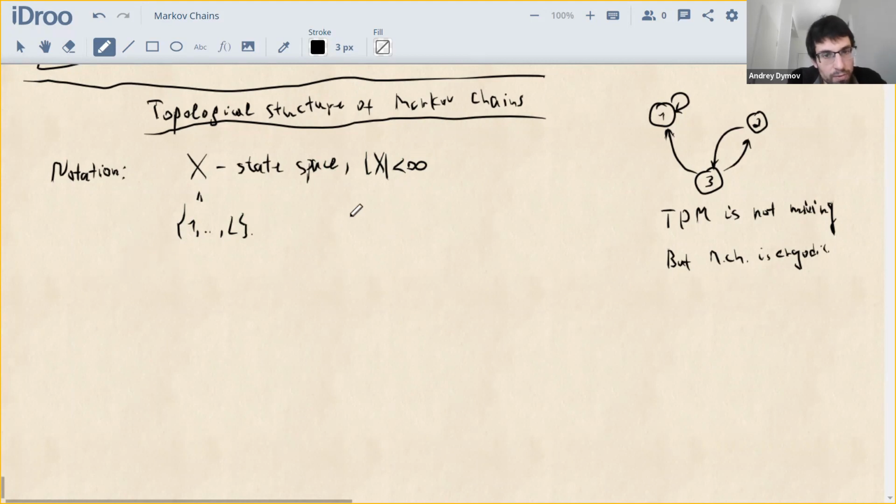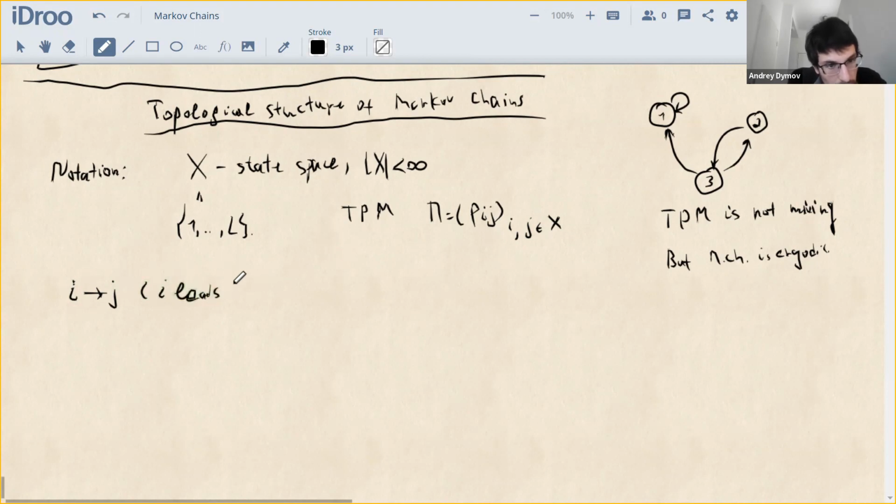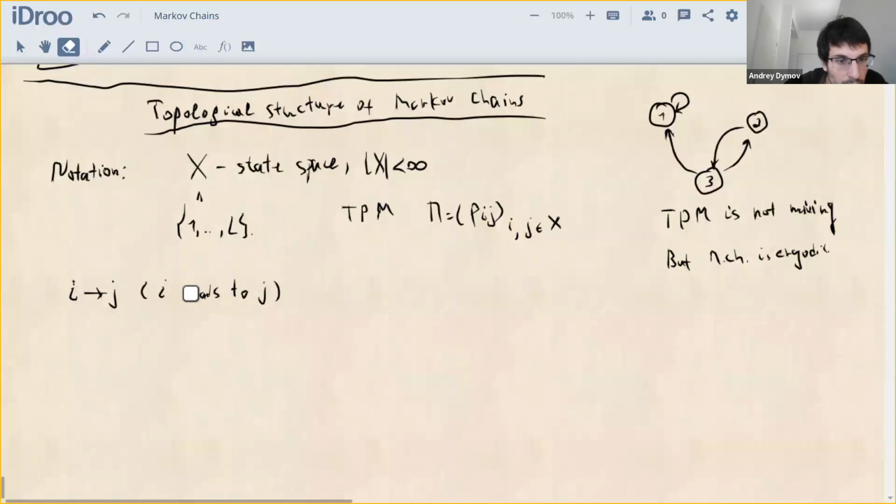Then we have some transition probability matrix pi with components p_ij. So this matrix is, so the associated Markov chain is homogeneous because the transition probability matrix does not depend on time. And then I will write i arrow j, and I will say i leads to j,